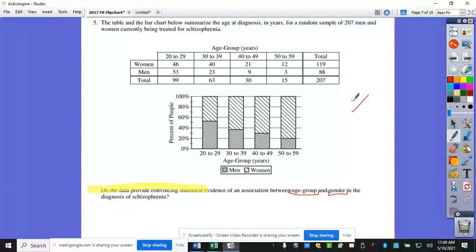Chi-squared. So I have to decide which one it is, which one is it definitely not? Which chi-squared is it not? It's not goodness of fit because it's not just one variable with different categories. I have to decide if it's homogeneity or independence. What's the one thing that tells me that? How did I sample? Is this one or two? One population, two variables, which makes it